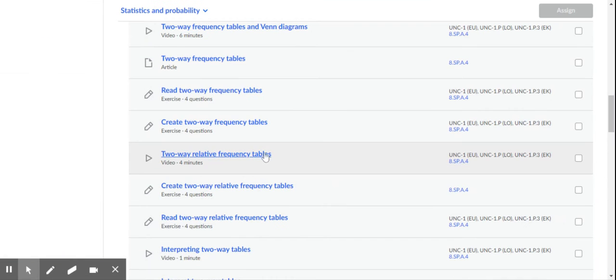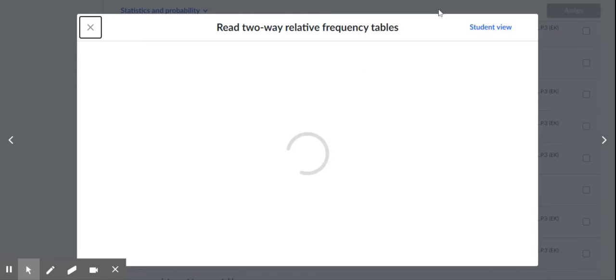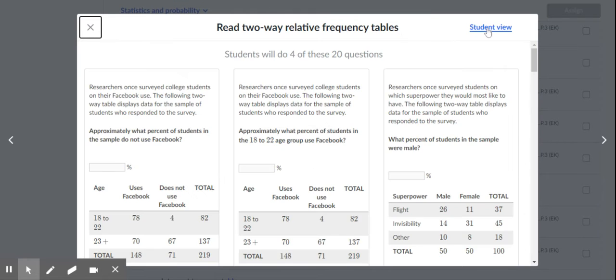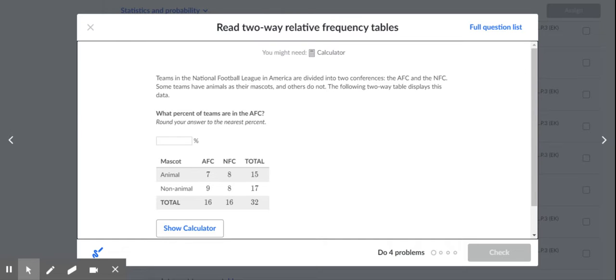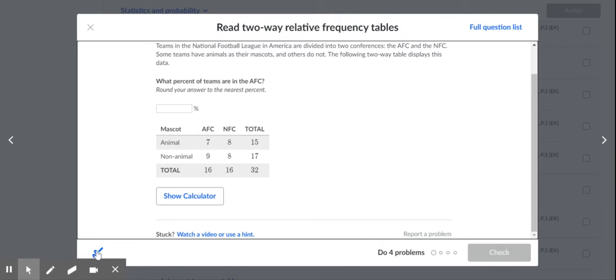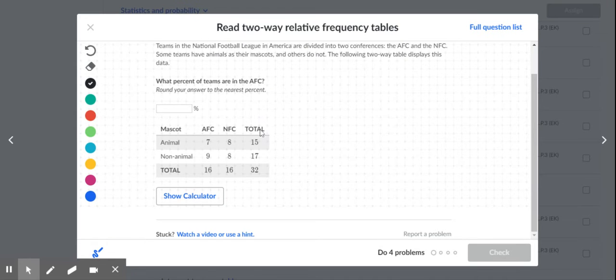The other assignment is reading two-way relative frequency tables. Let's try a couple of these. Question is, what percent of teams are in the AFC? All right, so what percent of teams are in the AFC? What percent of total teams? So what percent of this